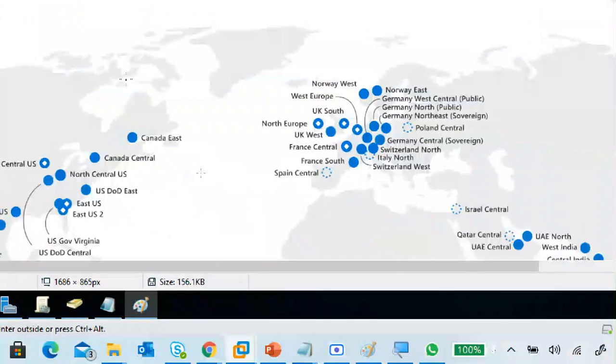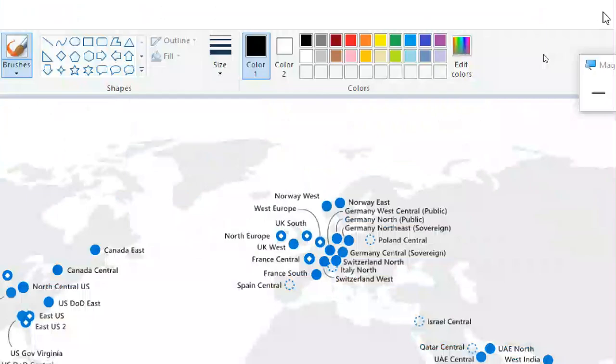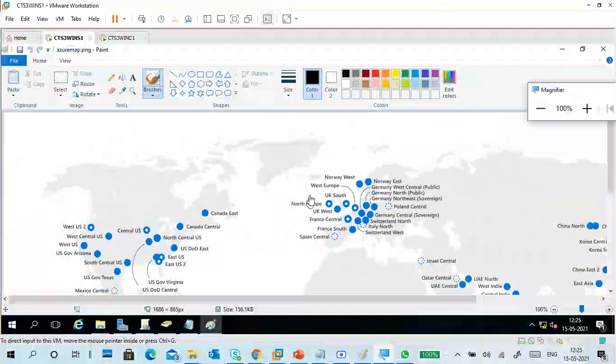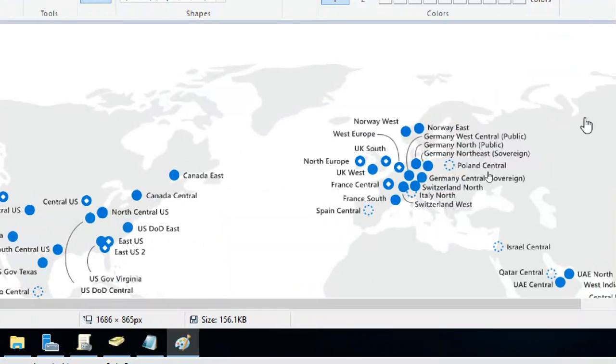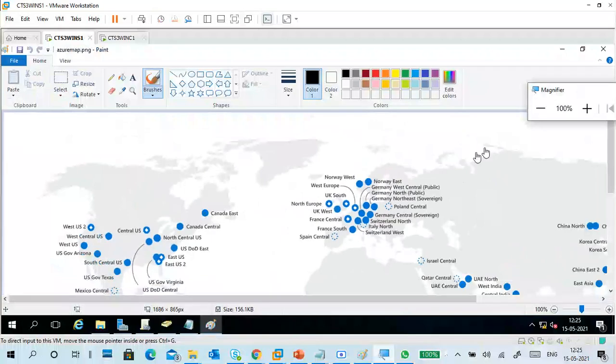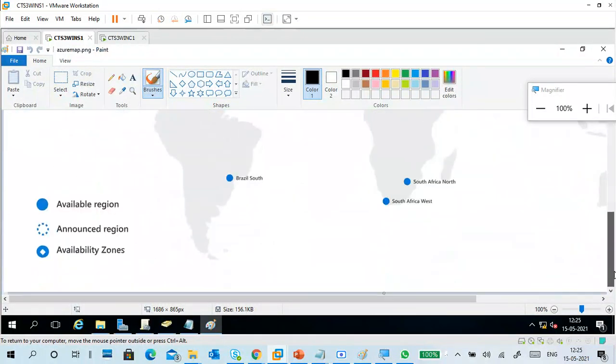Our screen size is 1366 by 768, right? Our maximum screen size is 1366 by 768, but in pixels. If you see the bottom, the pixel size is showing 1686 by 865, so it won't fit as a desktop background. So you have to change the size.